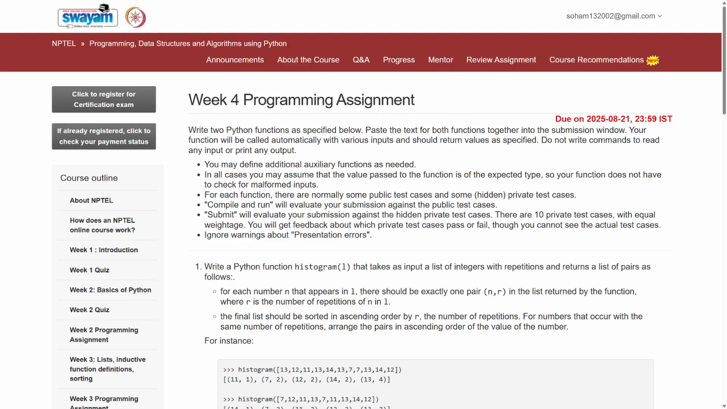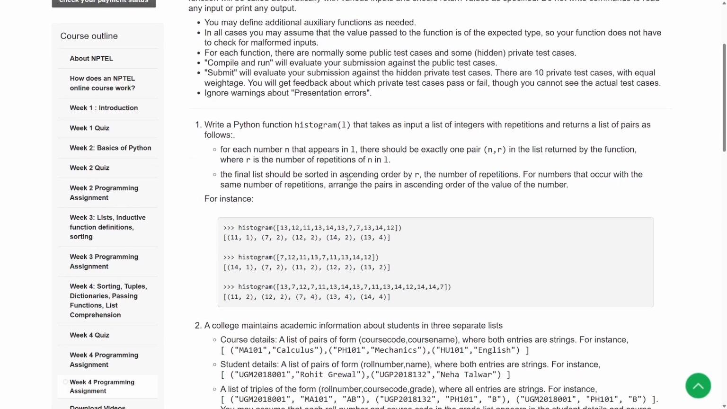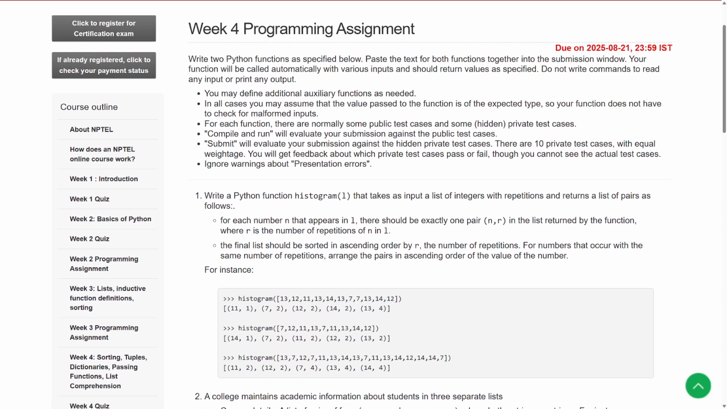Good evening. As you can see, this is the week 4 programming assignment of Data Structures and Algorithms using Python, NPTEL. Here we have to write two functions today, and the ones we have been told to write are